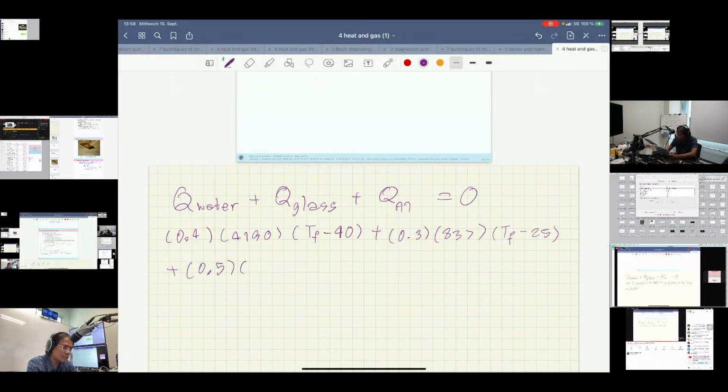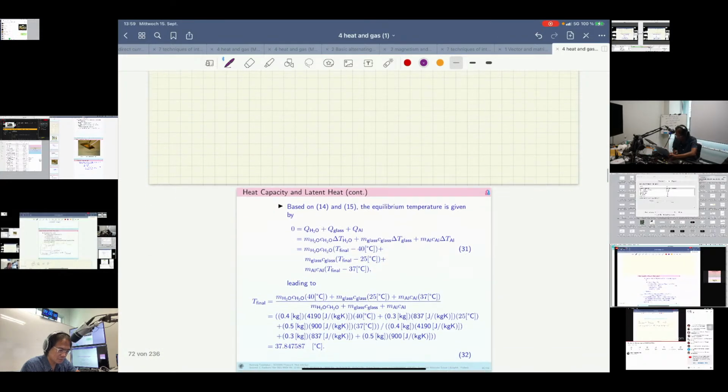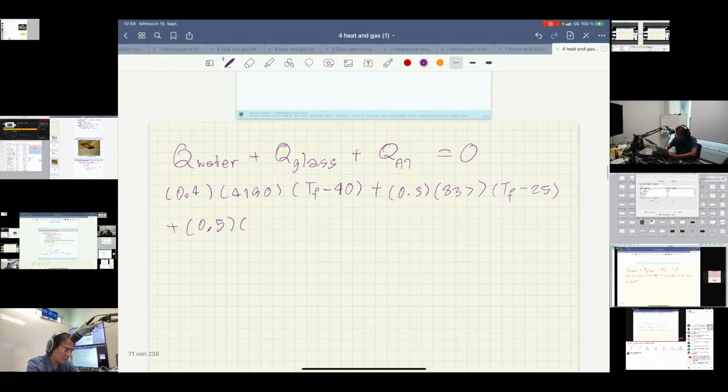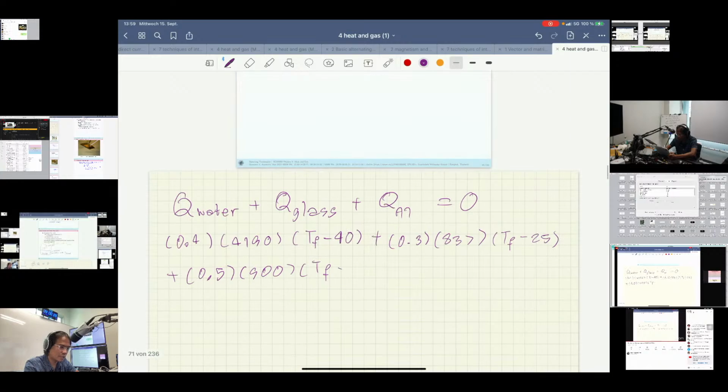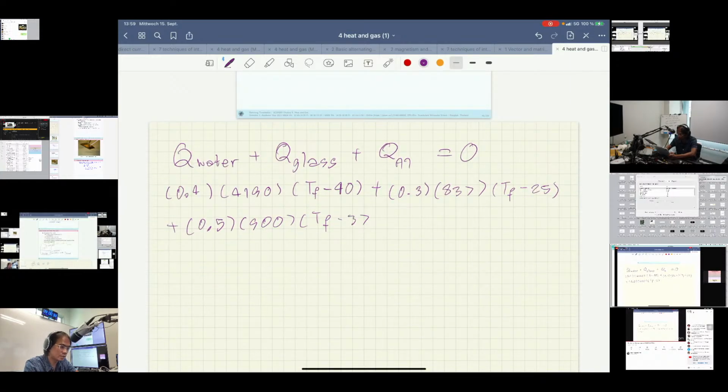0.5, and the specific heat of the aluminum is not so high, right? It's 900 only. Okay, 900, and TF minus 37. Okay, you formulate this equation, remaining 0, and you could find the value of TF. After you solve this equation, you would get the main thing,